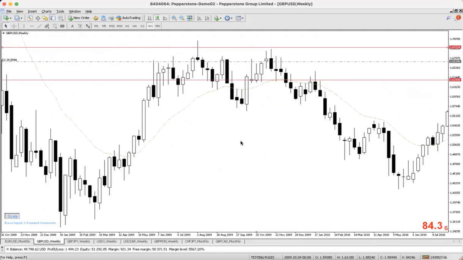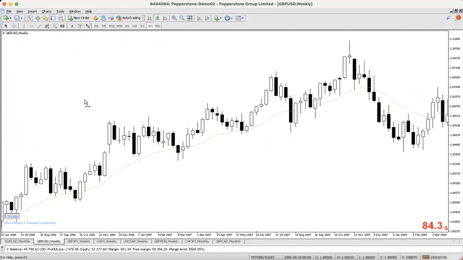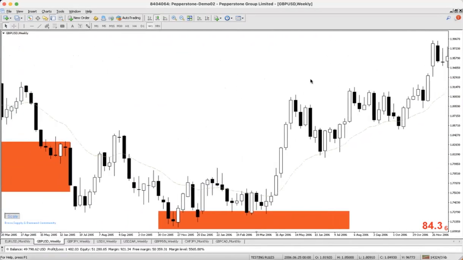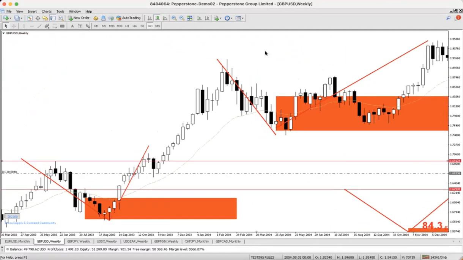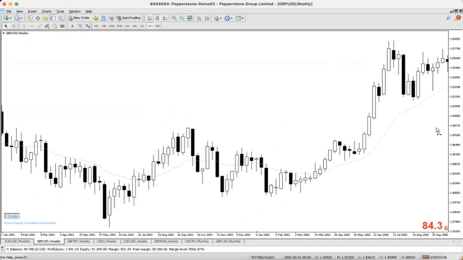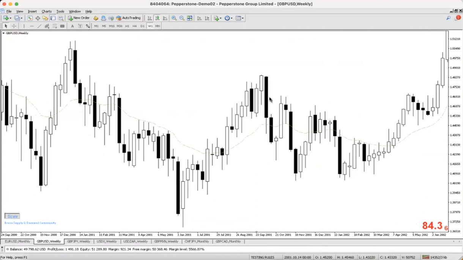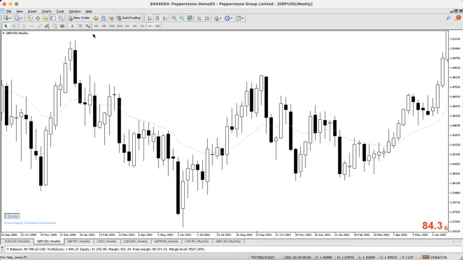So why am I saying the market is made up of those things? Those are actually what help us to enter our trades, okay? I'm going to show you an example of why I'm saying that, actually what is being traded on the market, okay? So when you look at this V here,